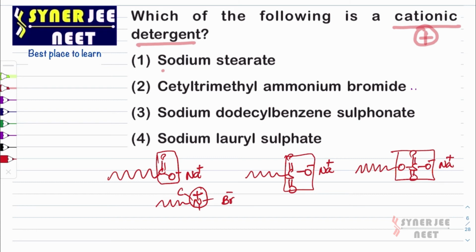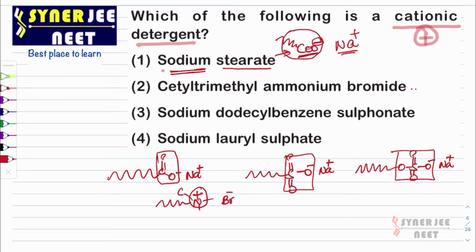Now stearate is actually a carboxylate ion. Even if you don't know it is a carboxylate ion, you can easily tell that a sodium ion is there. Sodium cannot form a negative charge, it always forms a positive charge. So if sodium is involved in a salt, it has to be in the positive form. Then what is the other part? The other organic part has to be negative, whether it is COO minus or SO3 minus. Even if you don't remember it is a carboxylate, you can tell the organic part is the negative part.